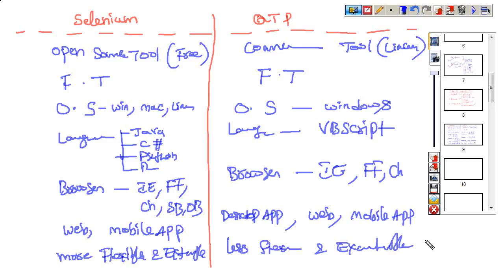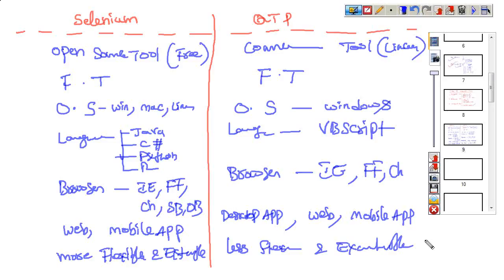Selenium supports Windows operating system, Mac operating system, and Linux operating system also. But QTP supports only one operating system, Windows. And Selenium supports multiple languages: Java, C#, Python, Ruby, Perl, so many languages.